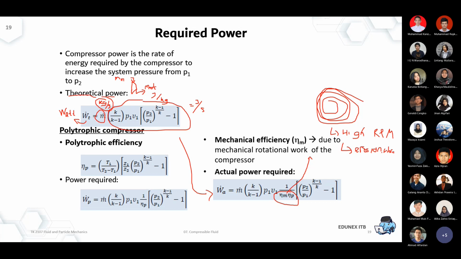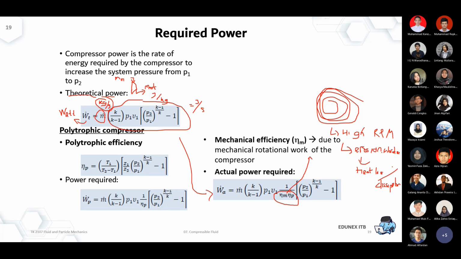Or in other words, it is called heat dissipation. Okay, the heat dissipates, so heat loss or dissipation. And it's inevitable. Because of the high rotation of the compressor, you cannot convert 100% of the kinetic energy into speed or into pressure. There will be some heat loss. Some kinetic energy is transformed into heat, or hot temperature. And that also explains why the temperature increases.